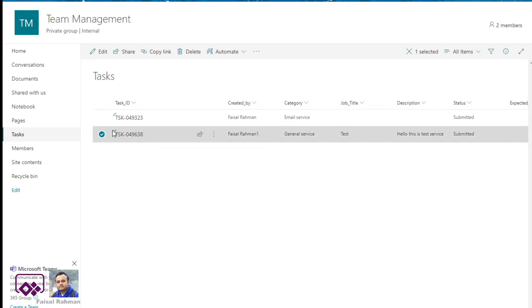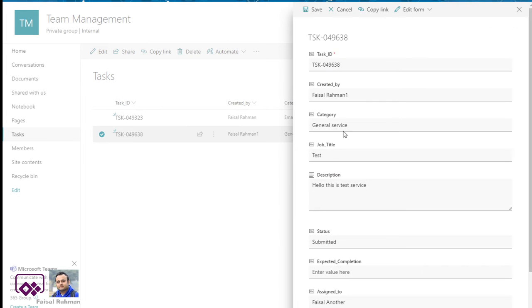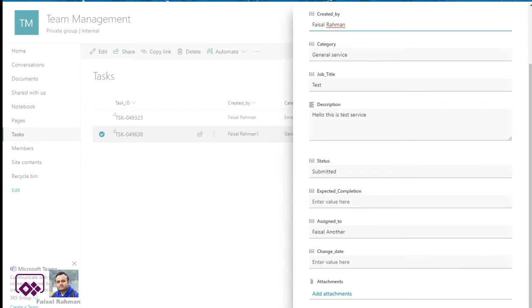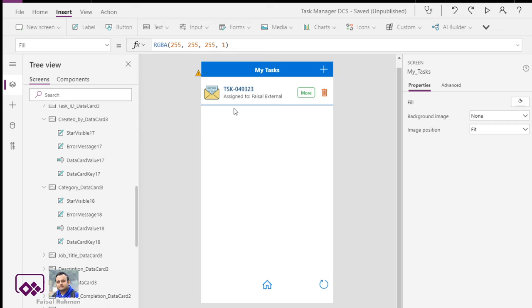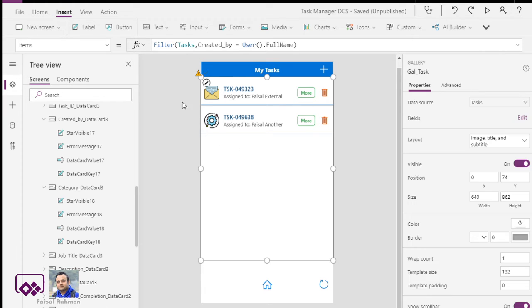Again, if I change it back to my real full name, and refresh it, it will show me the data correctly. Okay, now this is what we have done